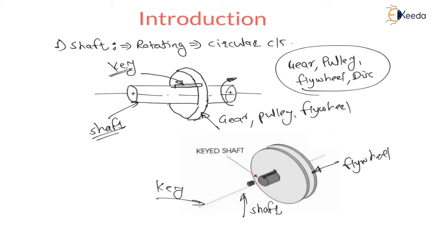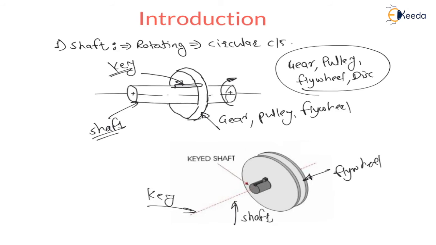Now you can see here this is a key, shaft and flywheel. These are connected together. This flywheel will fit on the shaft with the help of key, and on the shaft there is a keyway as well as on the flywheel there is a keyway, so that there will be a connection between them. Therefore the purpose of key is to connect shaft with another rotating element. Hence the first function of key is to transmit torque from the shaft to the other rotating element with shaft, let us say flywheel.